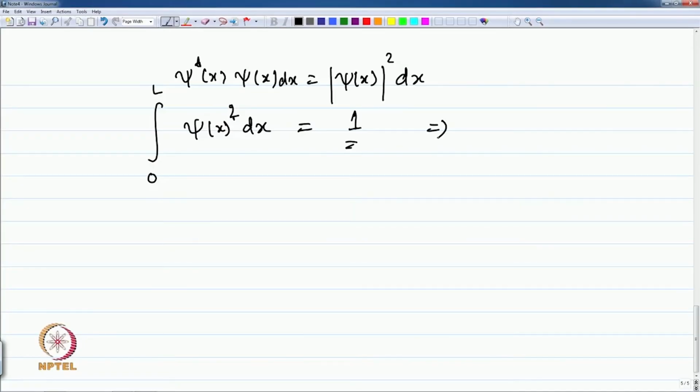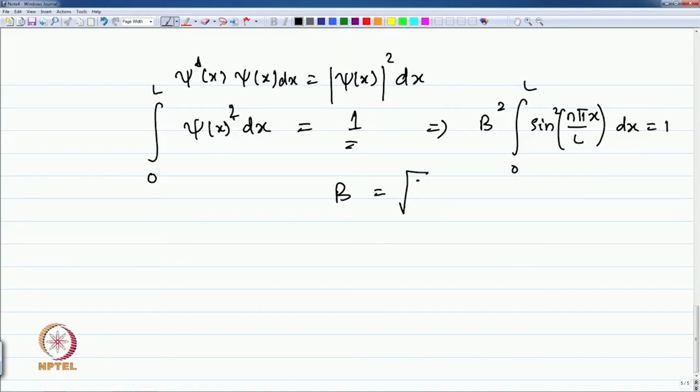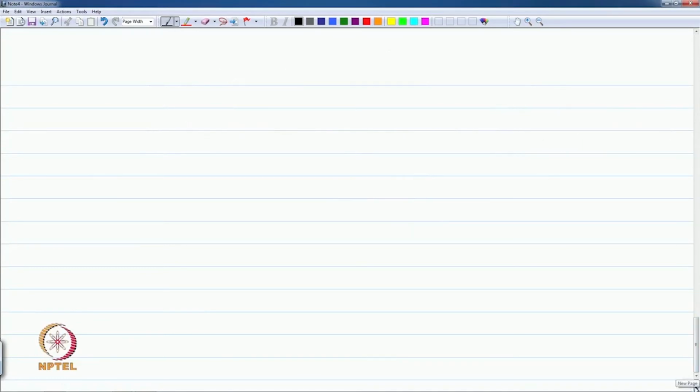This gives you immediately a value for B, because you have B square sine square n pi x by L dx between 0 and L, and that is equal to 1, which gives you a value B is equal to root 2 by L. Therefore, you have got two results for the particle in the box, namely the wave function is root 2 by L sine n pi x by L, and E, the particle's energy, is given by